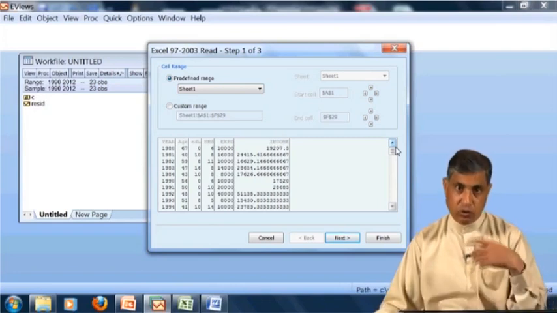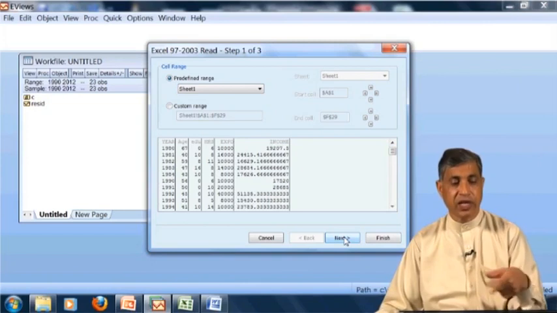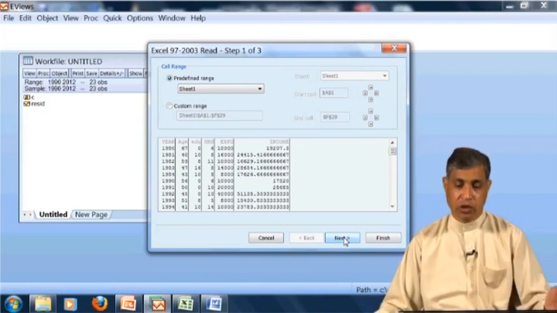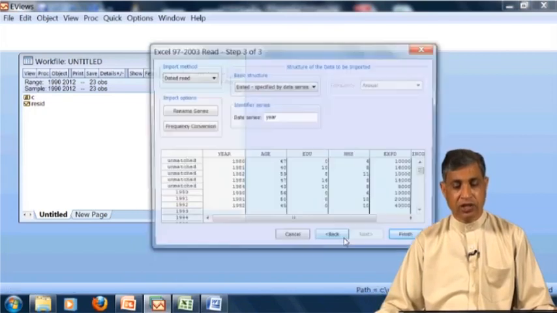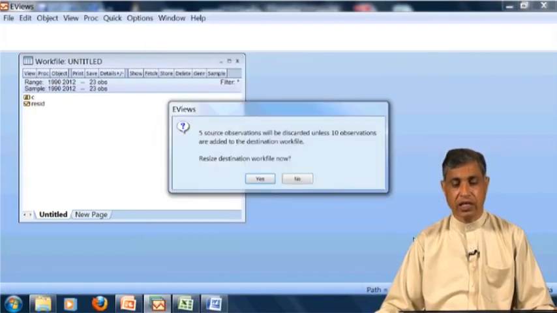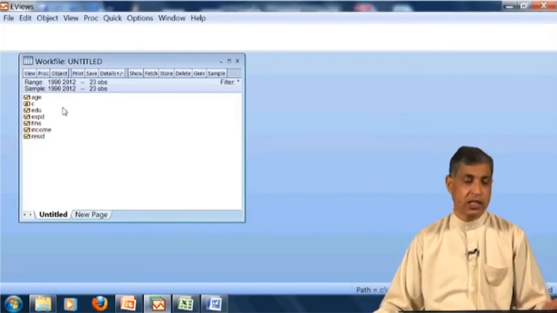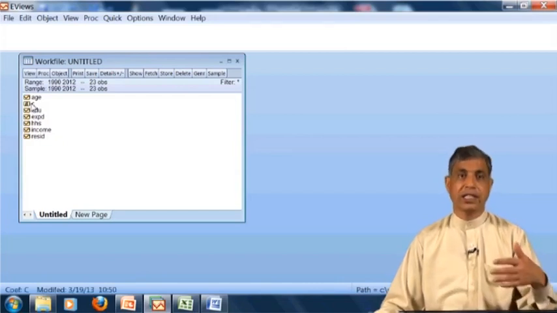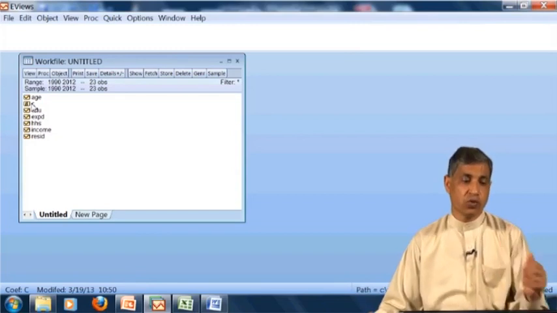So first I would like to show you how to import this, and then we will go back and make the correction into our data. This is next, and this is also next, and now you will finish. Whatever it asks, you will say no. Look at the screen, all the variables are there. As I said that the data is from 1980 to 2012, we have to go for this.